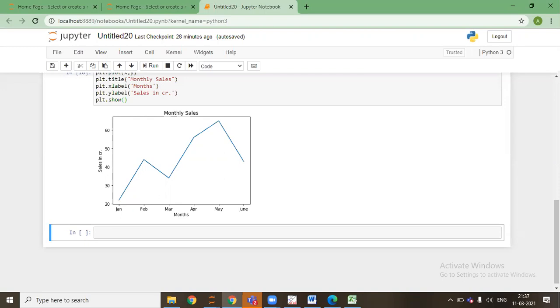Sir, how can we treat the outliers? If we find some outliers in our data set, how can we remove them? Is there any technique? So there are many techniques. But before that, we need to understand what outliers are. Outliers are of two types. One is the good outliers, second is the bad outliers.